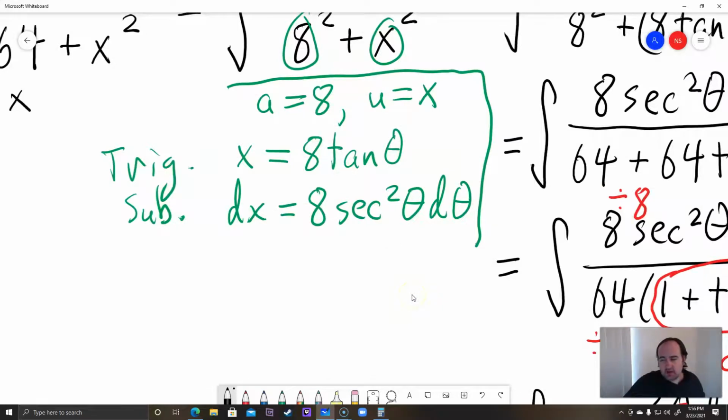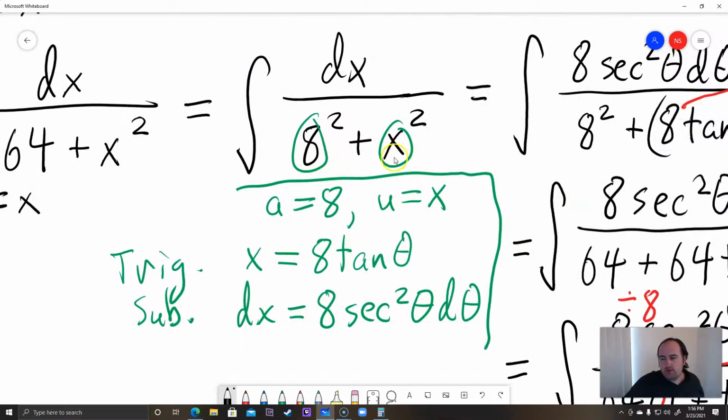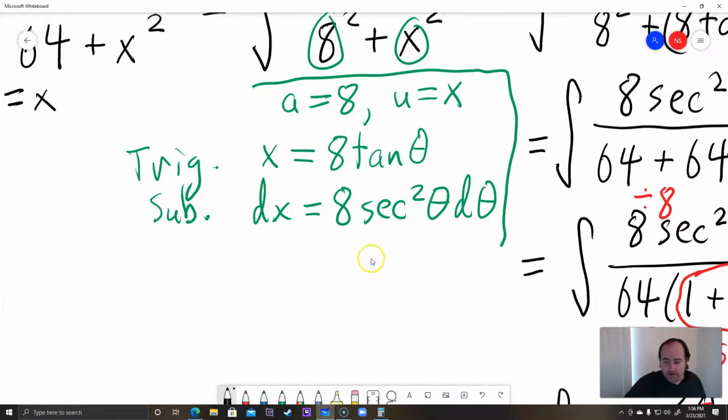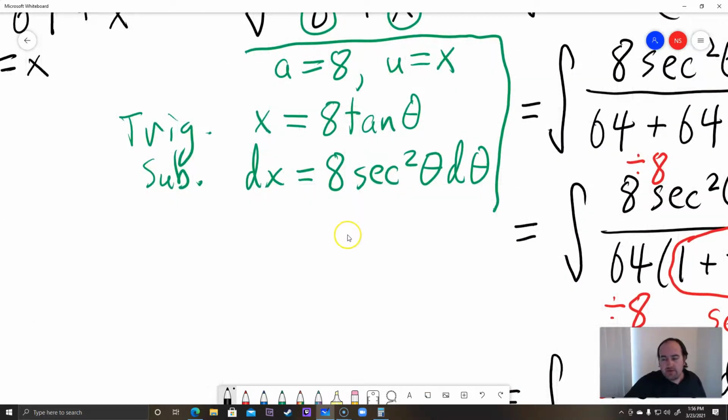Well, like I said, this problem has a couple of tricks. I've already shown you the first trick, which is just choose the closest form and roll with it. You just roll with it and see where it takes you. The other trick is, how do we find theta? Well, there's a lot of different ways of doing it. One thing is, you could draw a right triangle. I never drew a right triangle here. But even with a right triangle, it's not going to tell you what theta is. So what probably most people would do here is